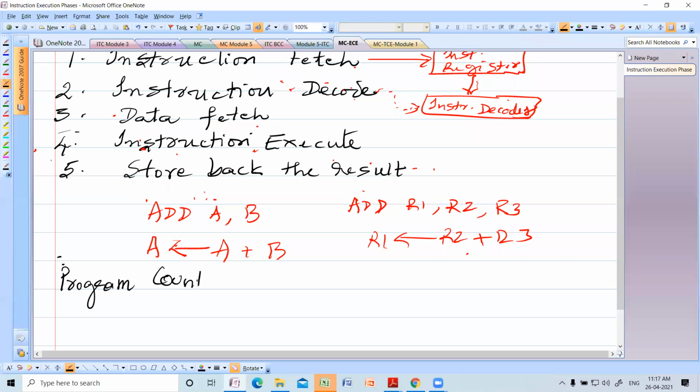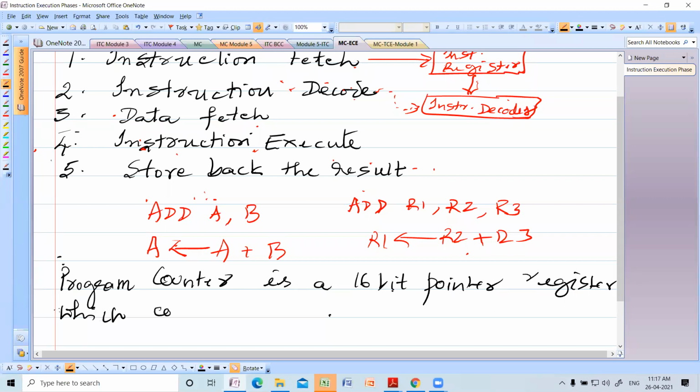Program counter is a 16-bit pointer register which contains the address of the next instruction to be executed.